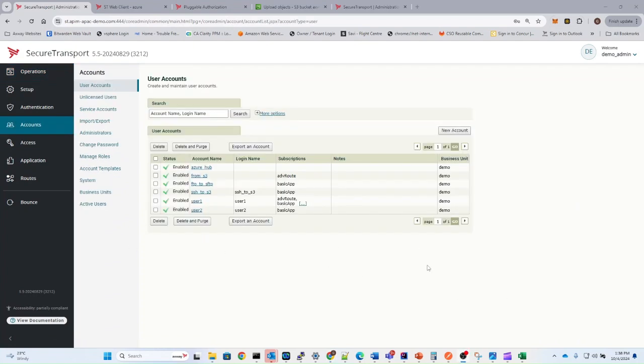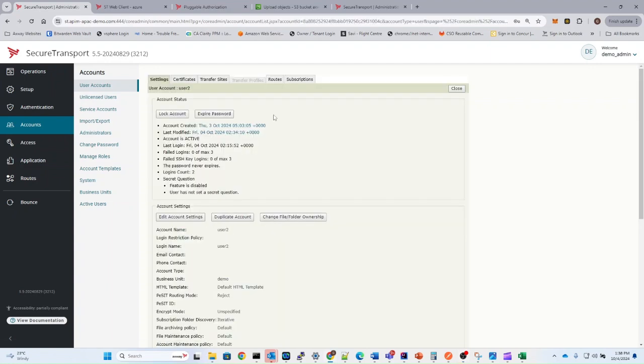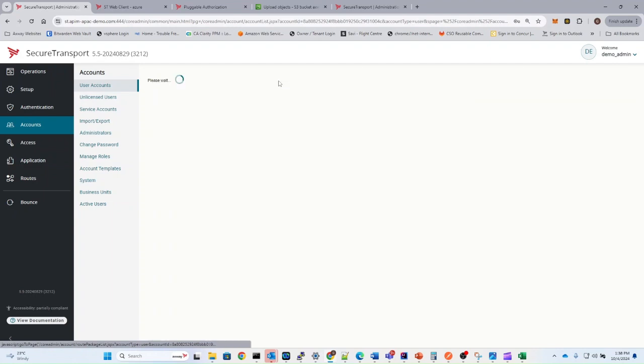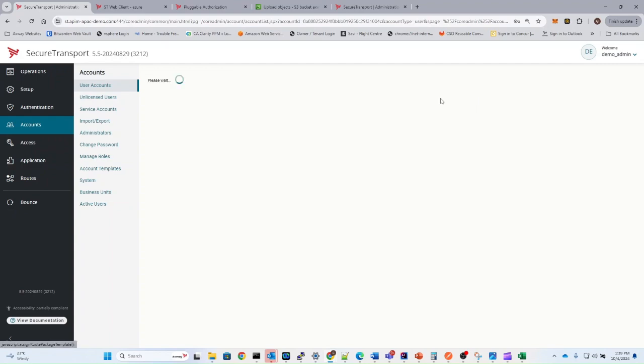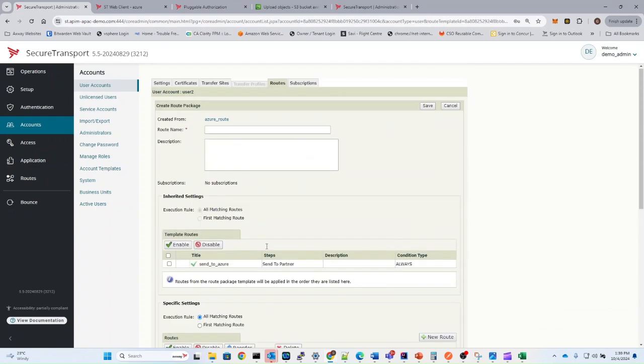So just to highlight where this routing becomes useful is if I have a scenario where I need a lot of my users to send to the same Azure Blob location, it's now a simple case for me to go and just update individual users. So I'll take user 2 for example. If I need to give them the capability to send to this Azure location, I'll go to routes here, I'll assign them the Azure route. I don't need to do any local config apart from the name. I'll hit save,